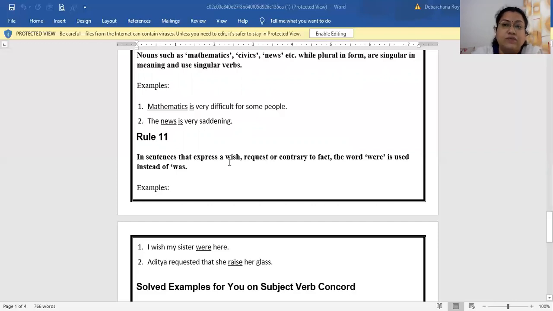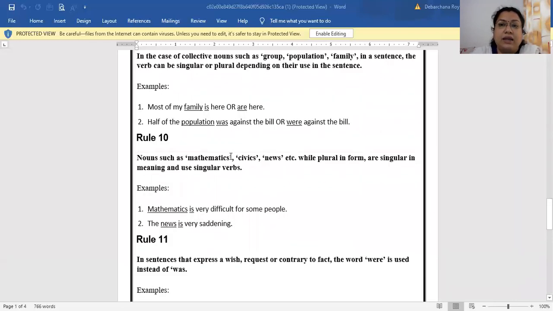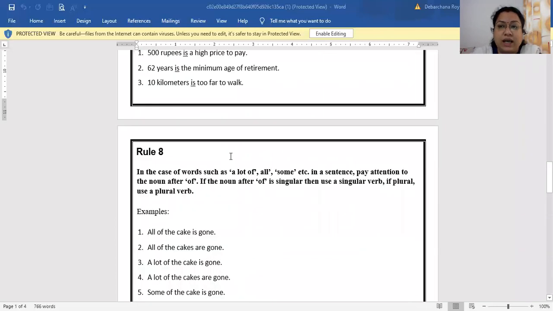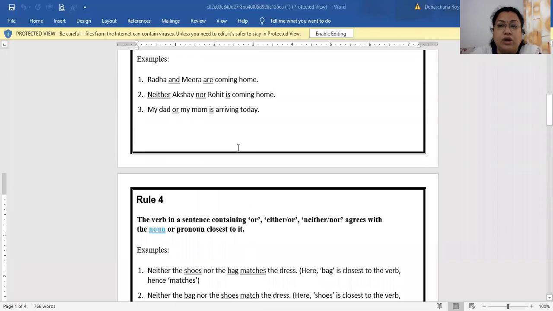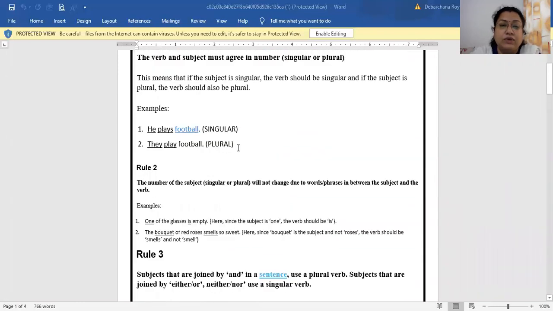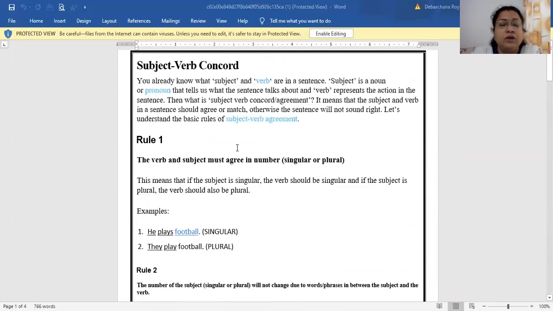Okay, so this is what, and by this I would like to end today's class. I request once again to note down all the rules in your copy as per your convenience. You can make a flow chart, you can write in this manner. Choice is totally yours. This is an open forum for you all, so no need to worry about it. You can speak as per your choice, and in the upcoming class, we are going to solve exercises, we are going to discuss the rules, we are going to clear all your doubts.